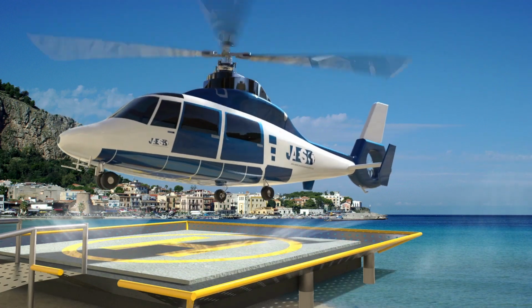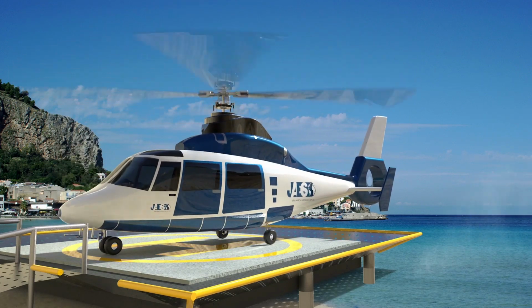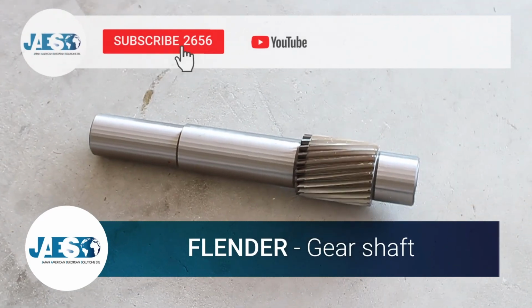Now the helicopter pilot makes the necessary maneuvers to land on the landing platform, placed just a few steps from the beautiful Mondello Beach. 10 years in the industrial supplies sector have led JAES to